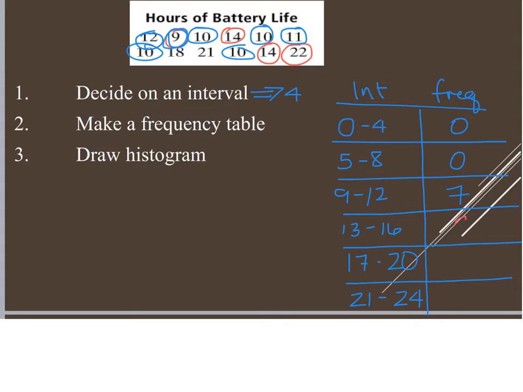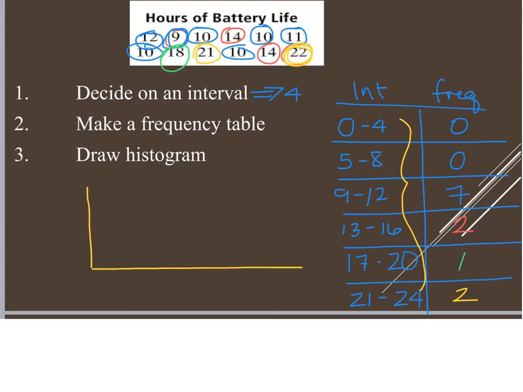give me 2. I have 1 in the range of 17 to 20, and then I have 21 and 22 here, so I have a frequency of 2 for the 21 to 24 range. So then if you go in and you draw your histogram, you're going to have to incorporate all of these